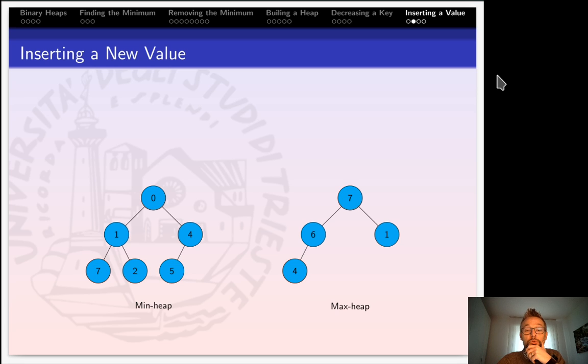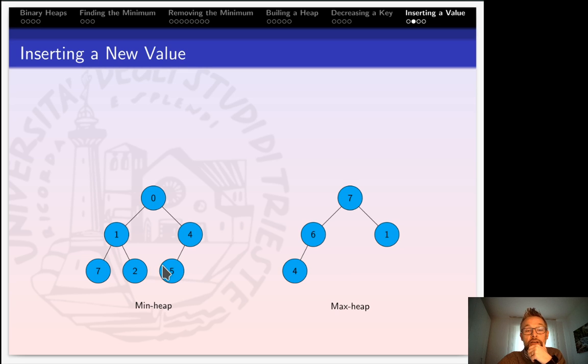So first of all, we need to insert a new node, and since we have to preserve two things. First of all, the overall topology of the binary tree. I recall that a binary heap is an almost complete binary tree, meaning that all the levels but the last one are complete, as in this case and this case. So the only possible choice is to insert the new node, the node which will contain the new value we want to insert into the binary heap, at the very last